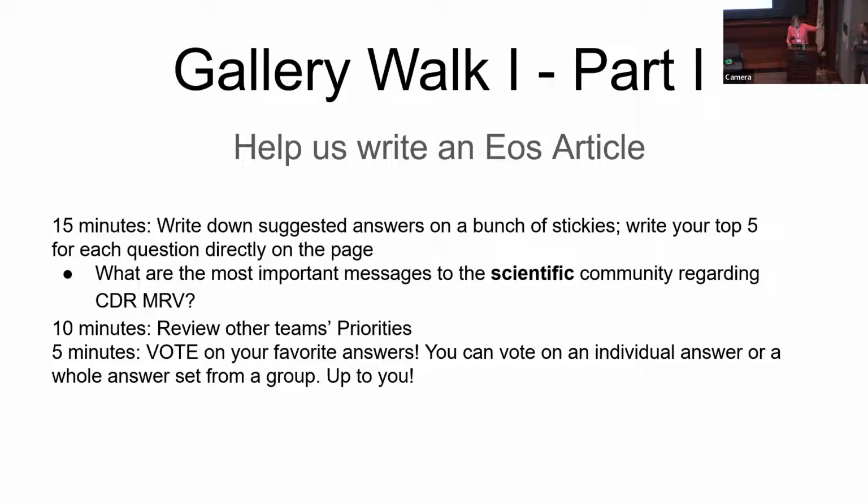So you just have to walk around and look for your group's sheets. You're going to be answering 2 questions in this first hour, this first gallery walk activity. You'll spend about 30 minutes on the first question and 30 minutes on the second question. And this really is going to form the content of an article that we would want to publish in a venue like EOS or something similar. Take your group number and you're going to wander around. So we've got groups 1, 2, and 3 in here.